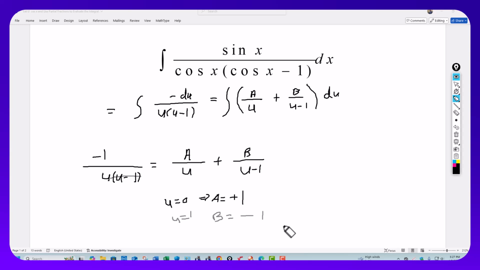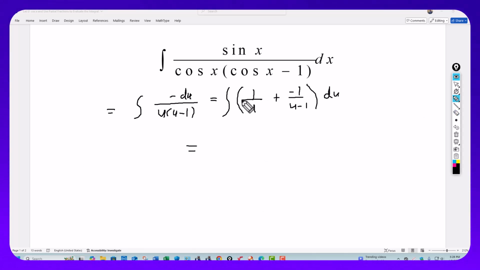-1 over 1 is -1. So there you have it. Now we know the constants. So where the a is, we put a 1 here. And then where the b is, we put -1. So we got that 1 over